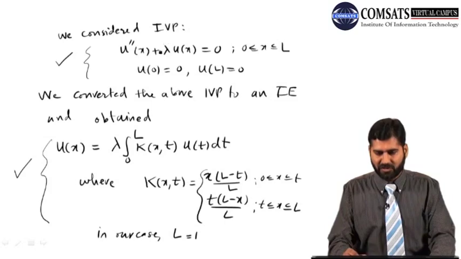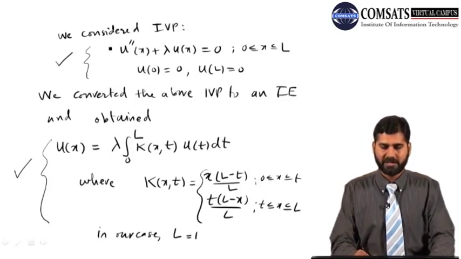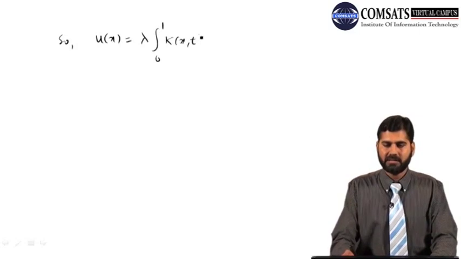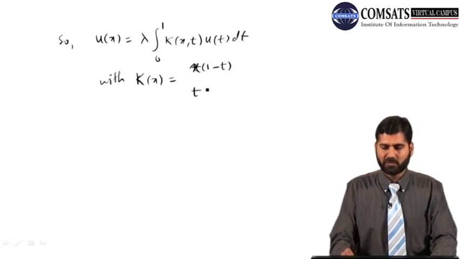You get the eigenvalues from here or from here, it gives you the same answer. Alright? So u(x) is equal to lambda times the integral from 0 to 1 of k(x,t) u(t) dt, with k(x,t) equal to t times x times (1 minus t) and t times (1 minus x). With this kernel,